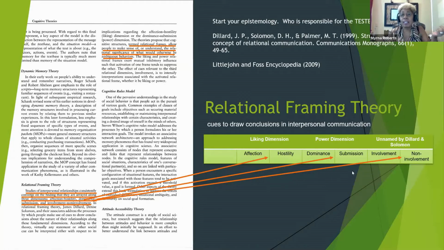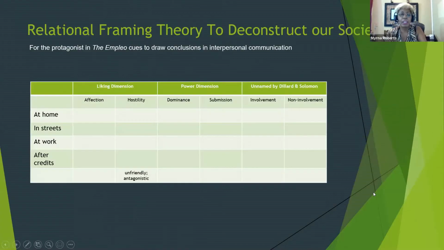you find out all these elements, then you're going to perform an actual experiment. You do that literature review and you have those questions, then you're picking that ontology out of the epistemology, and you're making those columns. You're trying to figure out how to gauge what you're looking for. So I'm building the framework of relational framing theory because I want to show you how to deconstruct this society,